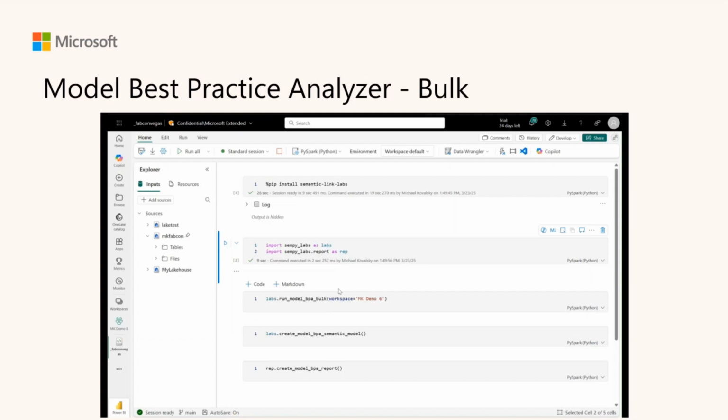So what this notebook's doing and what this functionality is doing is injecting a semantic model into the workspace and also a report. So you as an admin, you're not having to do anything. You could just point this to a workspace, run it, and then we should see now that this report, we should see model, BPA, and semantic model in a report here. So if we jump into our report,